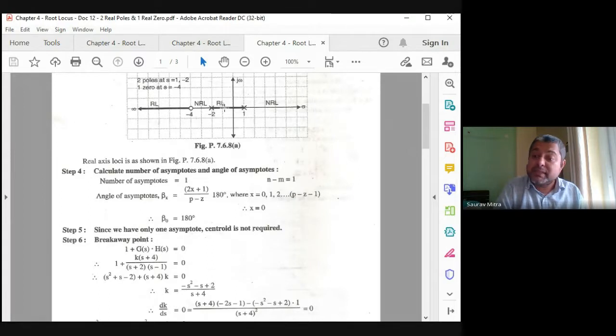Is it on the root locus? Answer is yes, because between 1 and minus 2, real axis root locus exists. Another is minus 7.13. So is it a valid break-in point or breakaway point, whatever? It is also valid. So as soon as you get these two values, some shape of the root locus starts popping up in your mind. That it will break away from here and then it will break in here. Okay, then it will break away from minus 0.83, come down, and then it will come and join at minus 7.13.